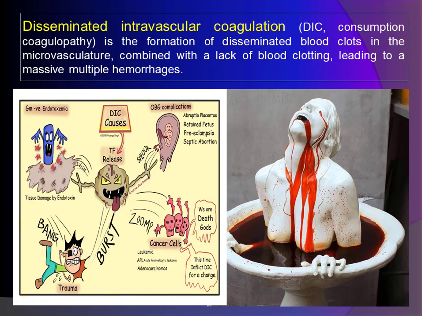Disseminated intravascular coagulation, DIC, is the formation of disseminated blood clots in the microvasculature combined with a lack of blood clotting, leading to massive multiple hemorrhage. DIC is based on the incoordination of the blood coagulation and anticoagulation system. The main features of DIC syndrome are these phase changes of hemostasis: hypercoagulation followed by hypocoagulation, blockage of the microvasculature by aggregates of blood cells and